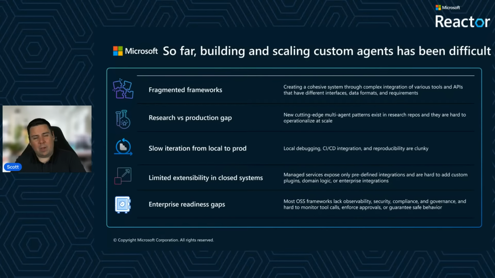The other thing to keep in mind, and this is something that really personally frustrated me with a lot of the frameworks that were out there, is that running on your local machine is fine, but then getting to production is incredibly complex. Things like state management being purely in memory doesn't work at scale. Things like how do we host and expose these services in a way that actually provides authentication and authorization were something you had to build yourself. So if we look at the frameworks of the past and really what's happened so far, you ended up with these frameworks that were great for a proof of concept, but not really enterprise ready.